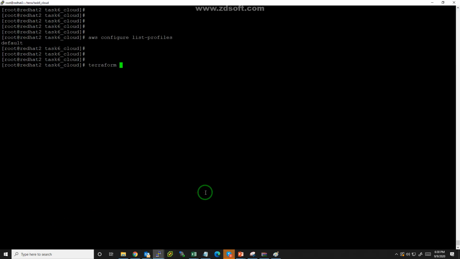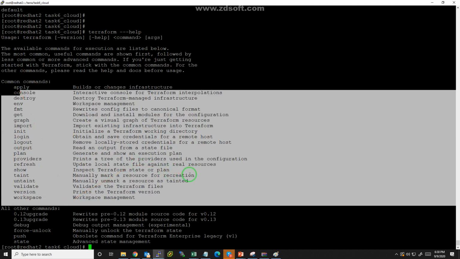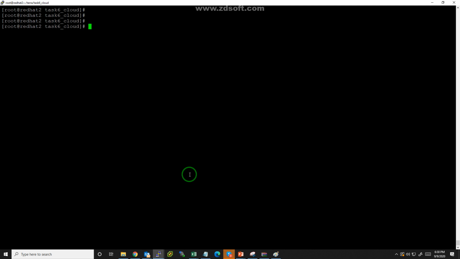I type terraform, and then I get help. I believe it will work. So it's working, these commands will come up. It means your Terraform tool is working.